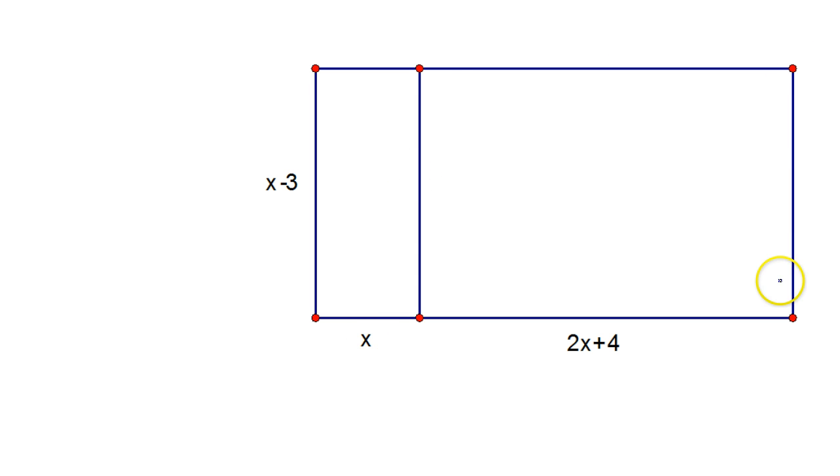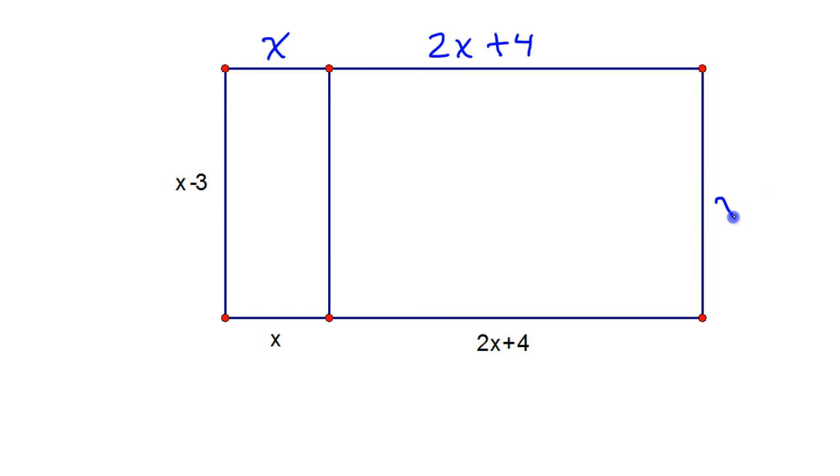Now let's label all the sides though. So if this is x, then this will be x as well. If this is 2x plus 4, then this will also be 2x plus 4. If this is x minus 3 over here, then we will also have x minus 3 over there. So if I'm going to do the perimeter, I'm going to add up all of these things all around the